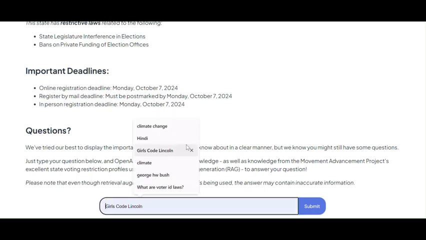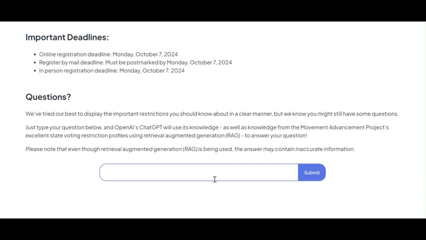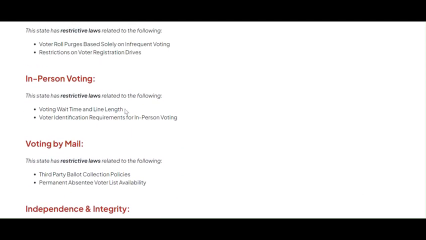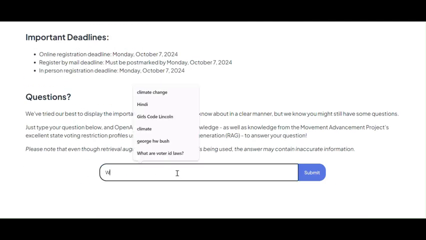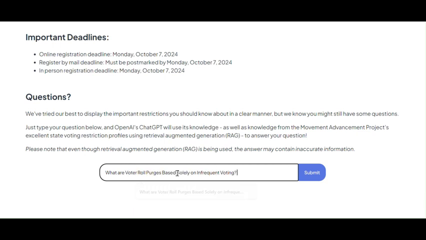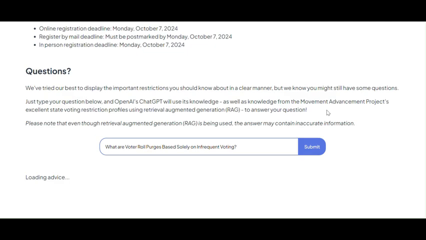So you can just simply ask your questions here, and our RAG-based LangChain agent will answer your questions in a clear and digestible manner. So, for example, let's say I don't know what voter roll purges are. I can just ask, what are voter roll purges? And then I can submit. And as you can see in a moment,